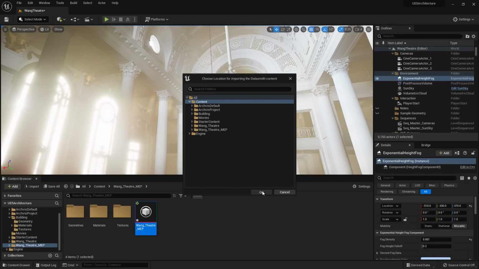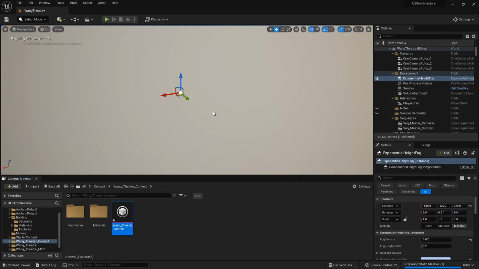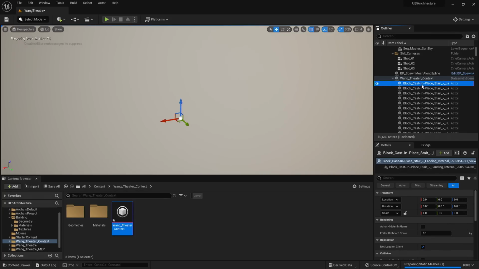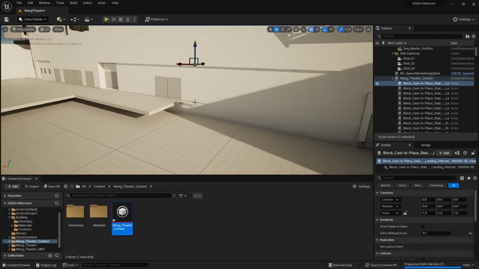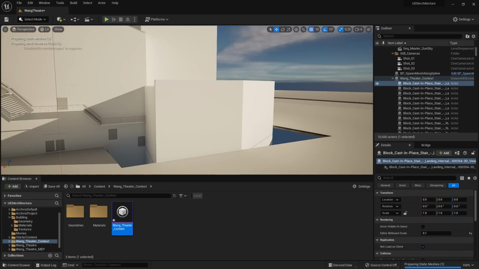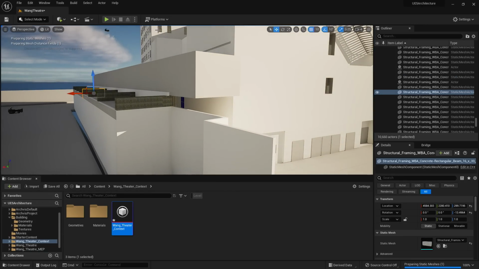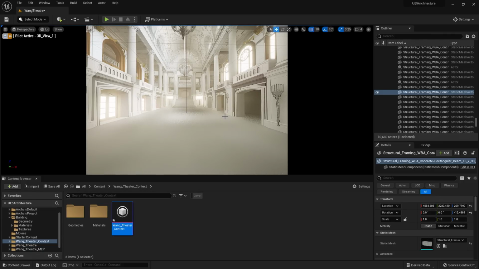I'll keep the settings as is. So now if I want to take an easy look at the project, I could go down, select one of the elements in the outliner, hit F on my keyboard, and it's going to focus it on that geometry. So now you'll see that the context model has indeed been brought in. I'll switch over to one of the cameras here. And you'll see that the camera came in that was established inside of Revit.